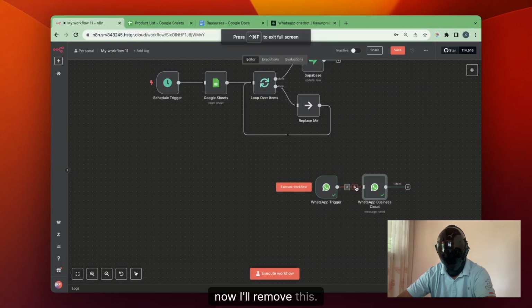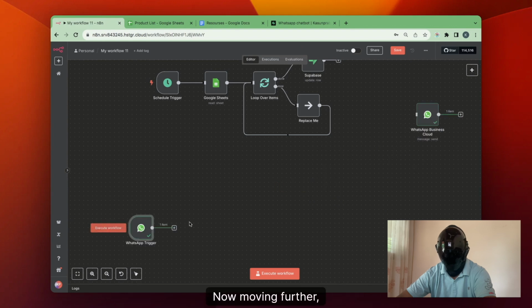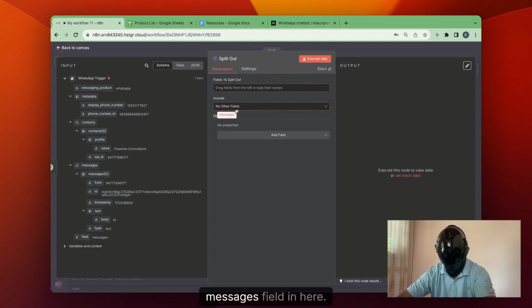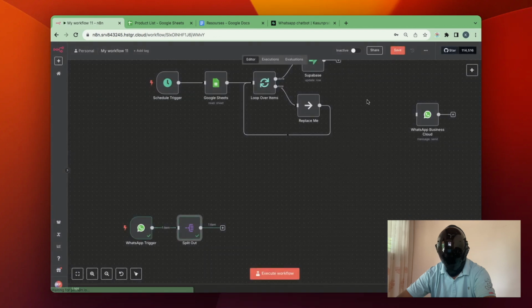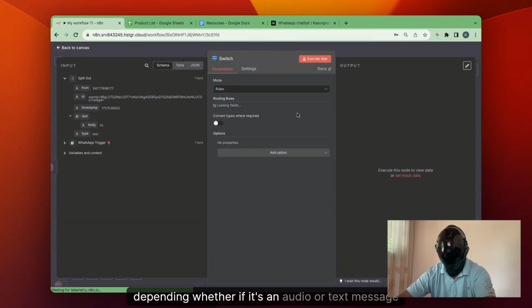Okay, now I'll remove this. We might be hitting this at the last step now. Move it further. I'll fetch the messages field in here. So those are the fields we'll be needing further. Okay, it's success now. Now we'll split our outputs using a switch node, depending on whether it's an audio or